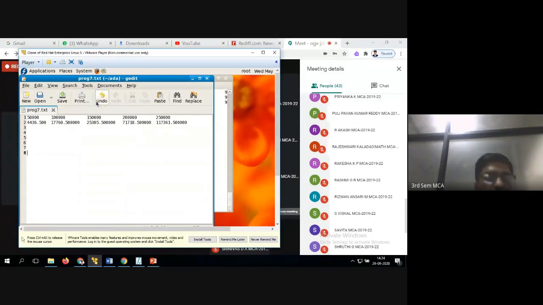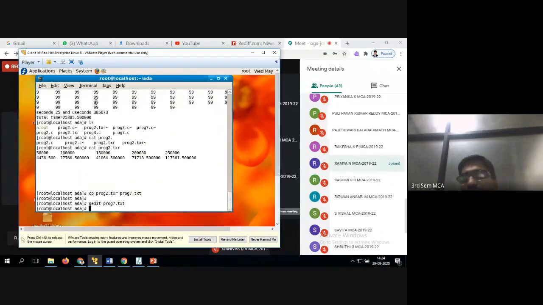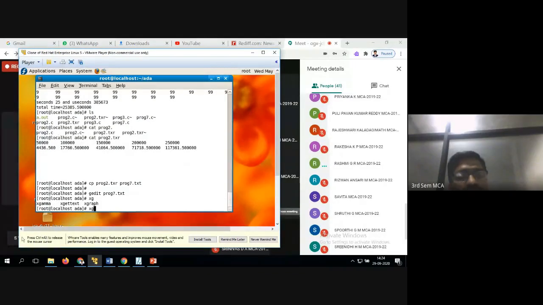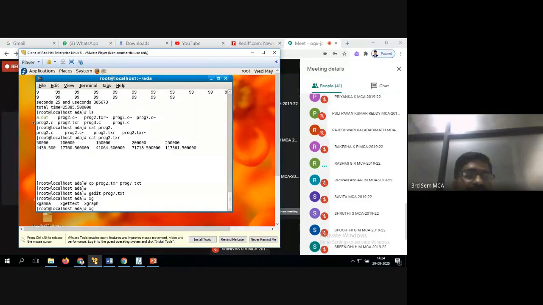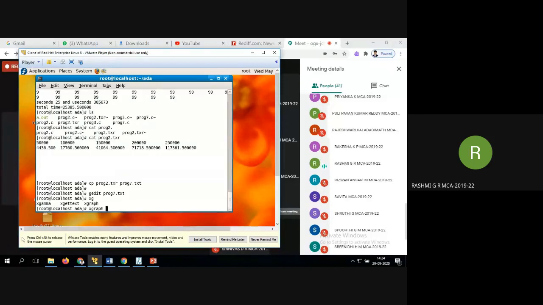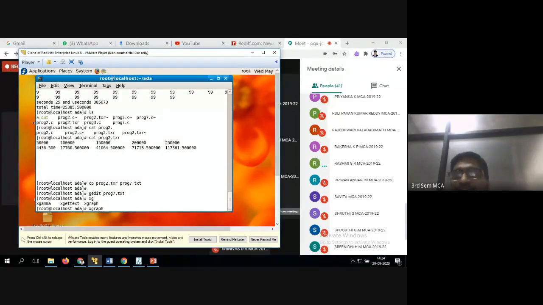How it will work, we'll see. Now, what is the command to draw the graph? What is the command? Very good.